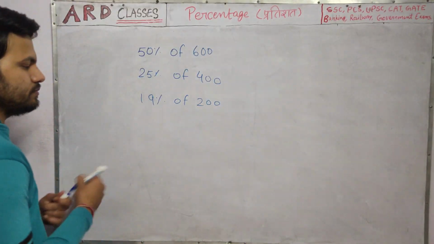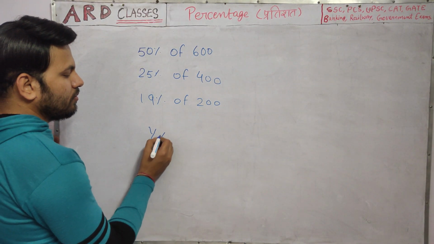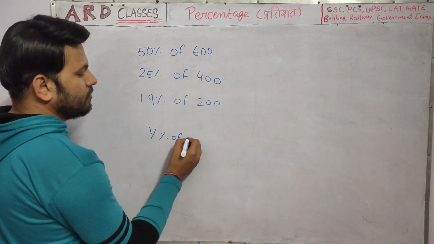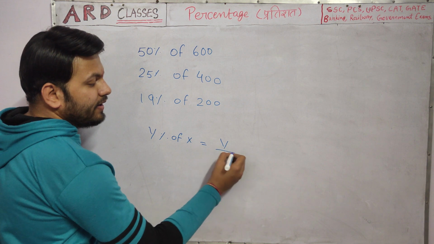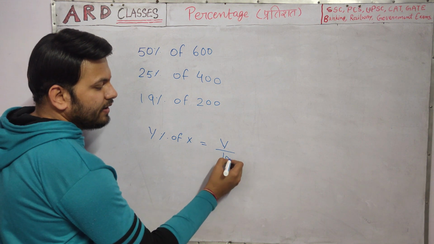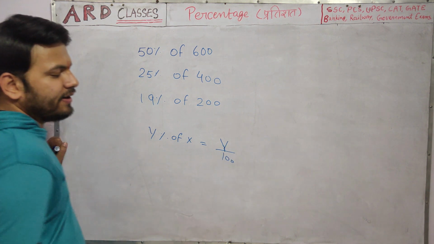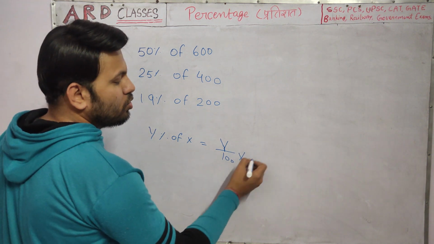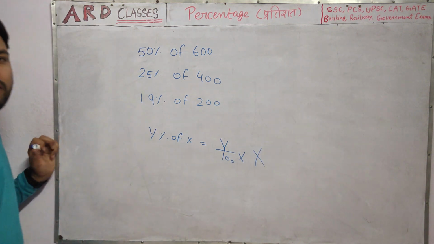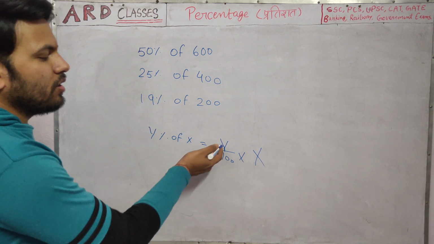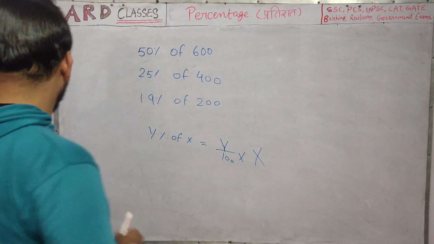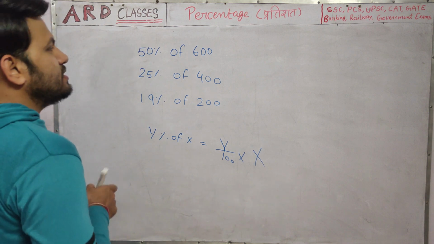What is the formula? If y% of x, percentage means 1 by 100, so y by 100, and "of" means multiply, into x. You guys clear this formula? y% of x equals y by 100 into x. Similarly, the value of these questions will be: